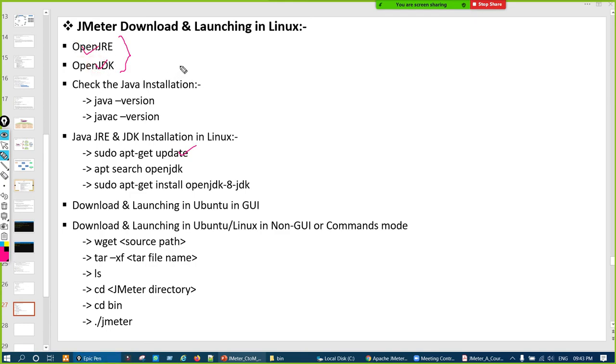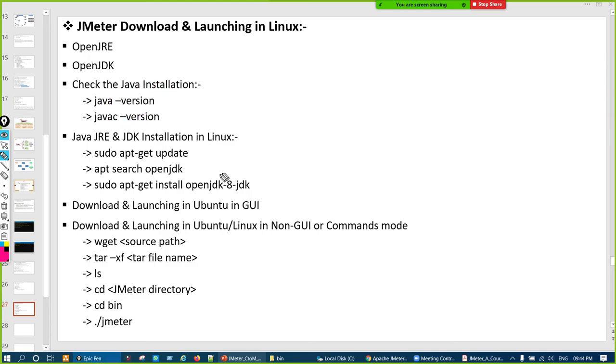Yesterday we saw that to download the JDK we have to visit the Oracle website, and from there we have to sign up and then download. But in the app store for Linux, Ubuntu, Unix, Java, JRE and JDK are already kept. We do not have to visit Oracle or sign up. Simply open the terminal, which is there in Linux and Ubuntu everywhere. Type java -version and javac -version, and check whether it is installed or not.